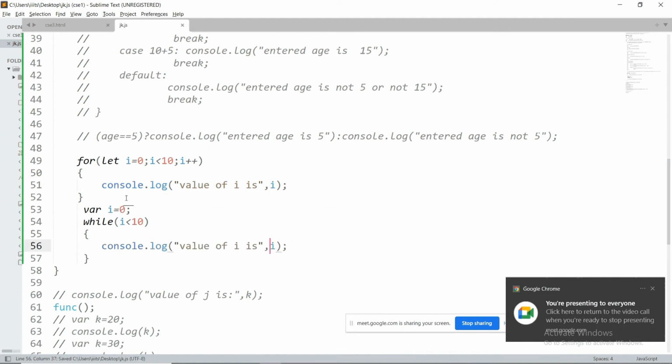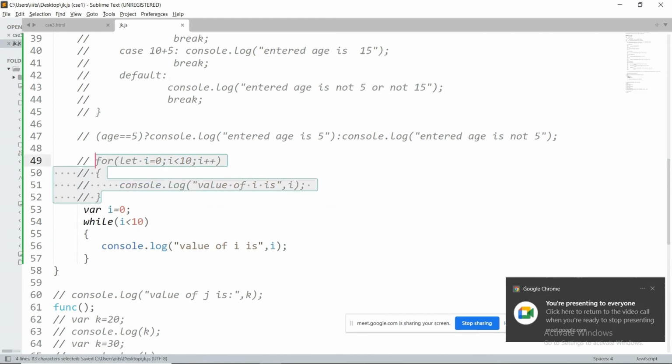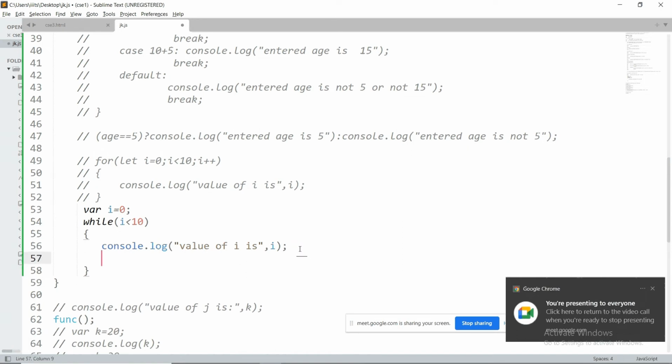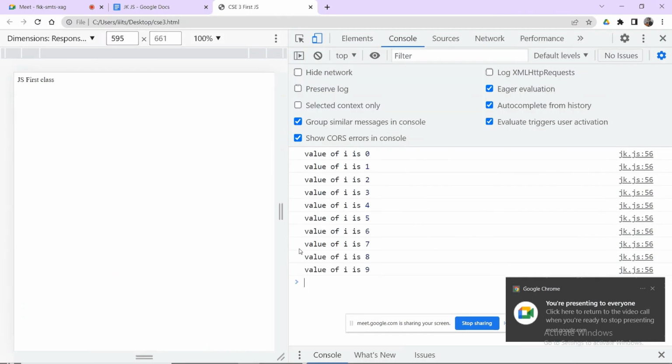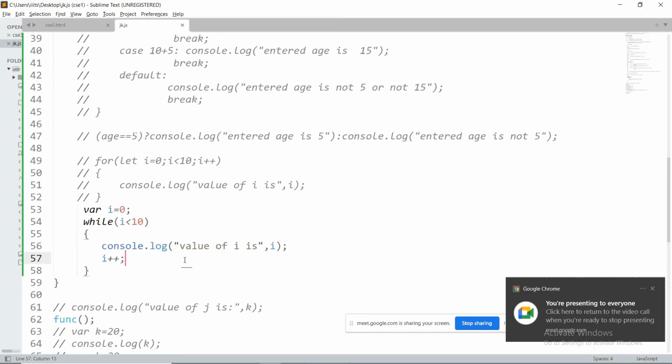If I execute, what is the answer for this? Will you get 0 as the answer for an infinite loop, or will it terminate somewhere? It is going to be an infinite loop, because the value of i is not incrementing. So compulsorily you have to use the increment or decrement operator, which will satisfy our condition. This is the way you write a while loop.